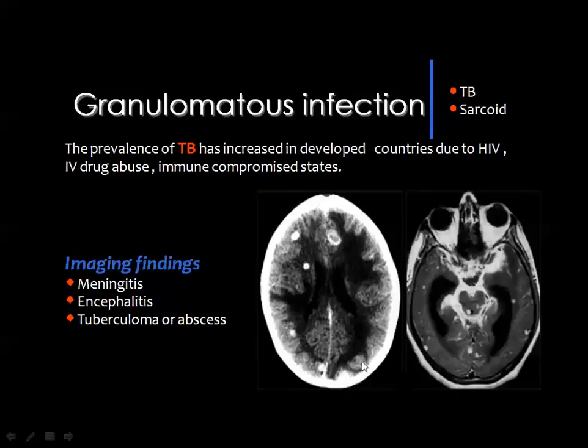Then if you look here at this CT scan, you can see multiple small marginally enhanced lesions which represent tuberculomas, and these tuberculomas are sometimes surrounded by perifocal brain edema whenever they are in the form of active infection. And then this MRI axial T1 post contrast shows enhancement of the basal cisterns, denoting the presence of basal meningitis, and the presence of multiple enhancing nodules scattered throughout the brain parenchyma, and these represent